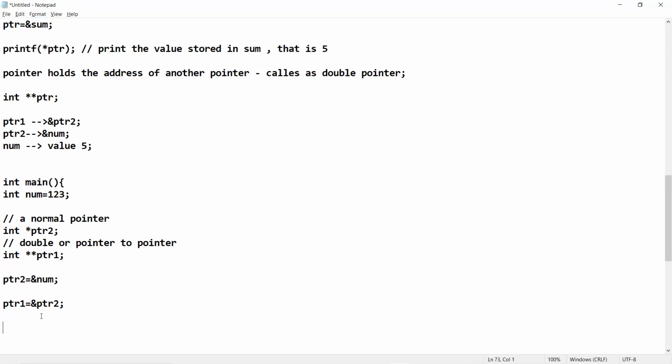Now, how to find the values? printf the value of number is %d, number.